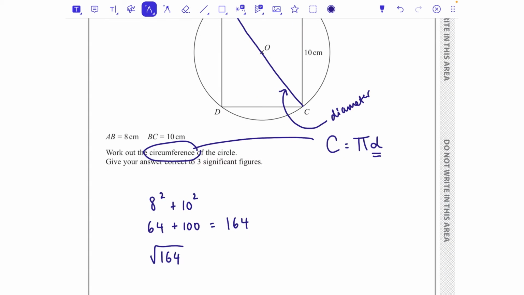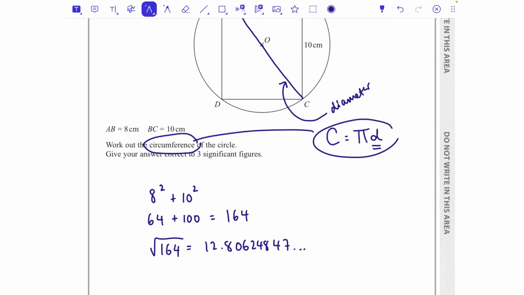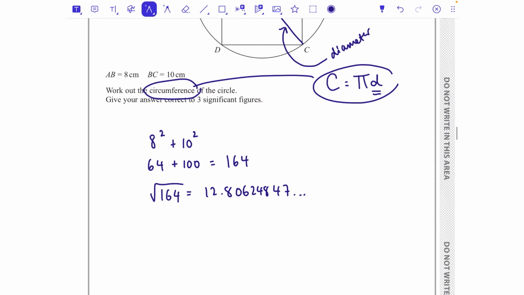So the square root of 164, type that in your calculator, and that is 2 root 41, or 12.80624847, and so on. That is the diameter of the circle. If I then want to know what the circumference of a circle is, I can use my formula. Circumference is pi times diameter. So I'm going to do pi times that answer, times that by pi, and that equals